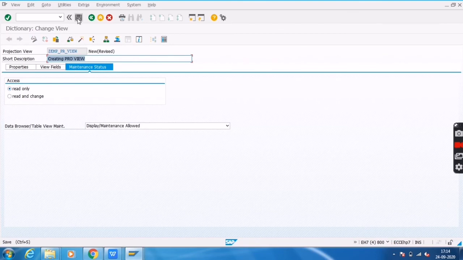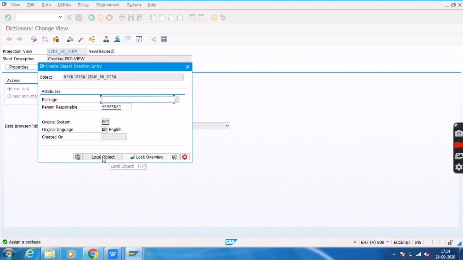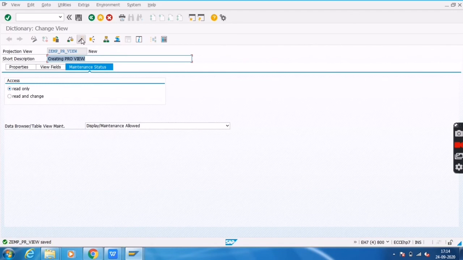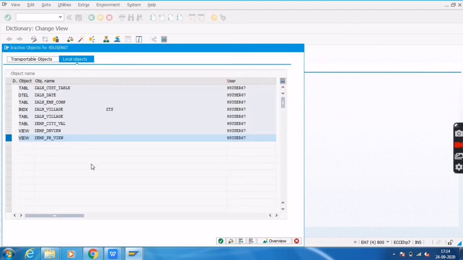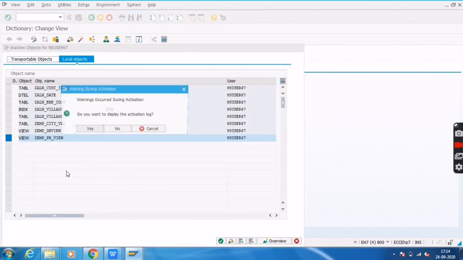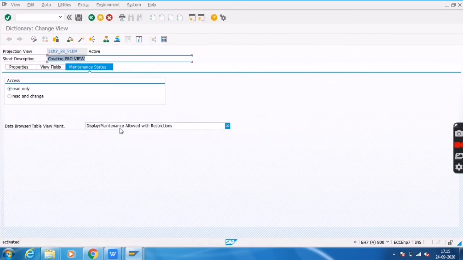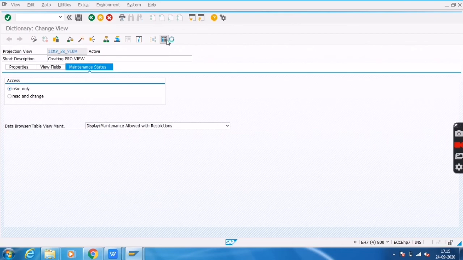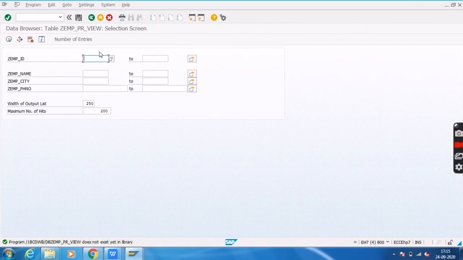Click on save. I will save in the local object. Click on activate. Now I will execute to test this projection view. For employee ID, I will give 4.